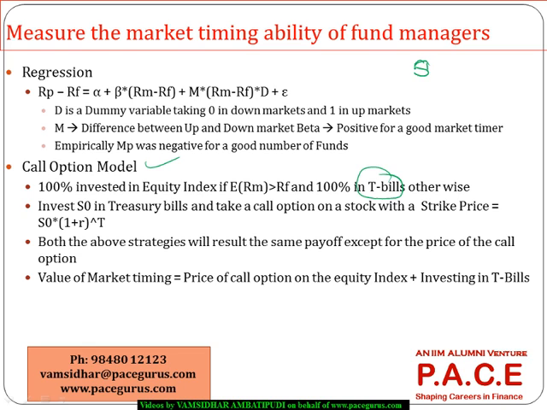if you are starting with an amount S naught, you purchase T bills with this S naught, let's say for a T period. So it is assured that your money will become S naught into (1 plus R) to the power T. So at the end of T period, I'll take RF here, RF is the risk-free rate of return. So here S naught is becoming S naught into (1 plus RF) to the power T at the end of T period. Now at the same time, purchase a call option